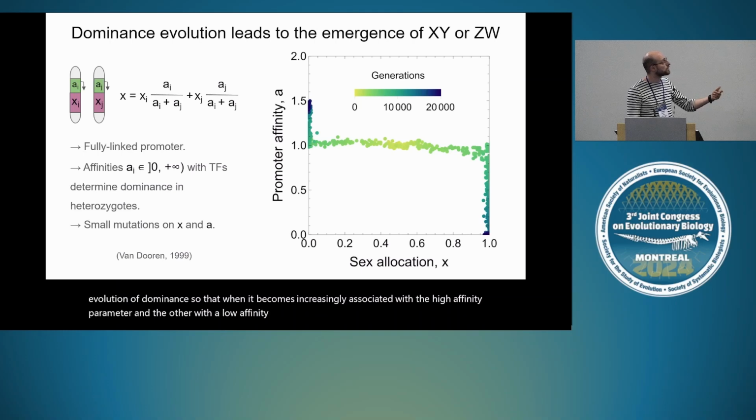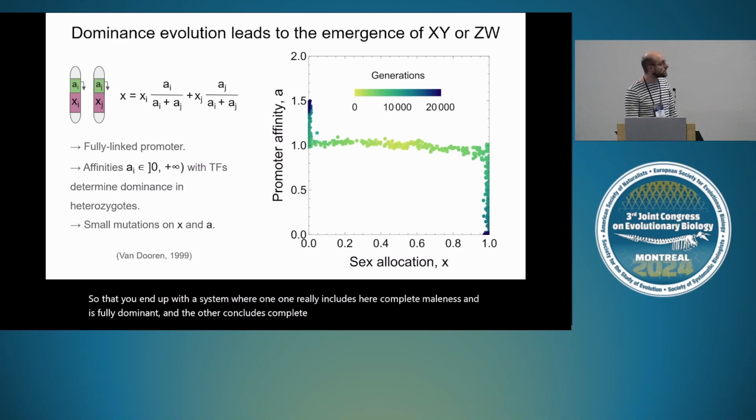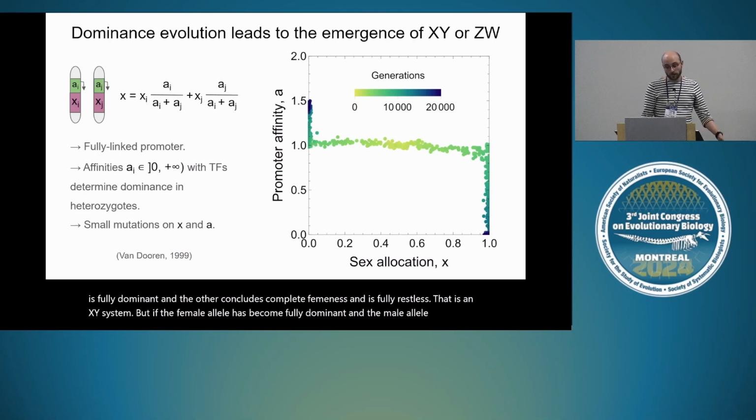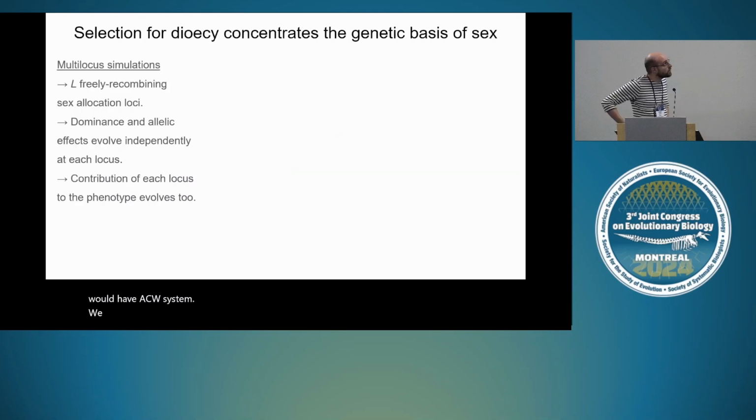promoter, so that you end up with a system where one allele encodes complete maleness and is fully dominant, and the other encodes complete femaleness and is fully recessive. That is an XY system. But if the female allele had become fully dominant and the male allele fully recessive, then we would have a ZW system. We also ran multi-locus simulations where instead of having just one locus, we have now L3 recombinant loci,